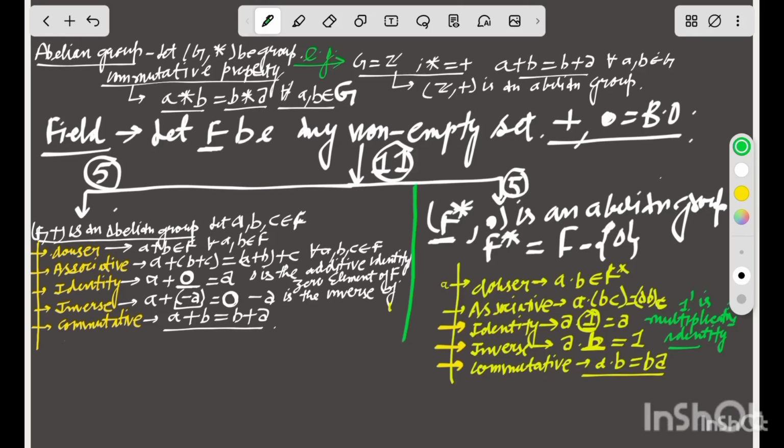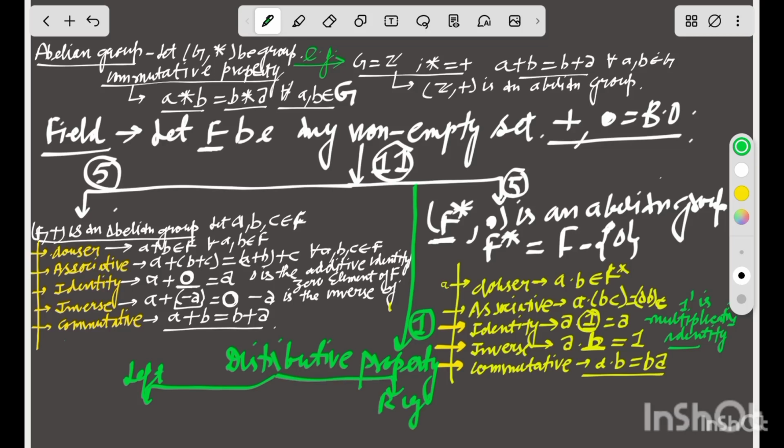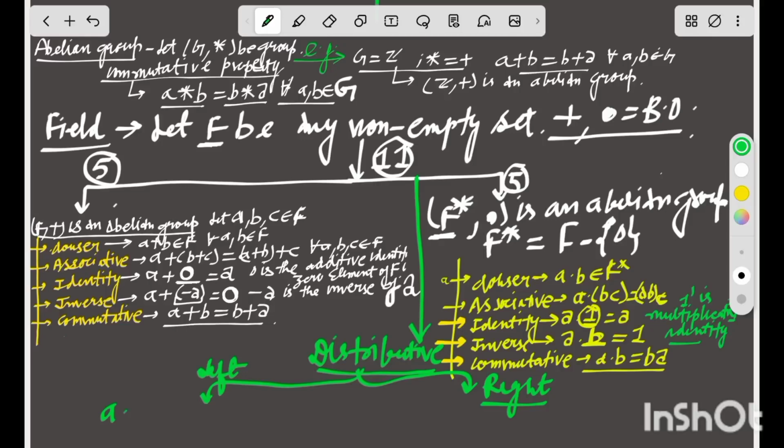Now the last property is the distributive property. Left distributive and also right distributive. If we operate B plus C with the A, we get the result AB plus AC. Similarly,